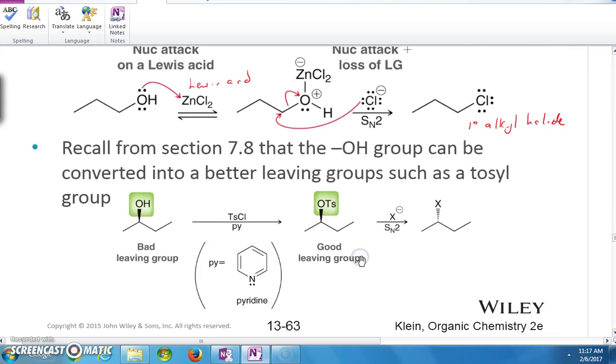Now, if you recall from section 7.8, that OH group can be converted into a better leaving group, such as the tosyl, and basically all you need to do is use tosyl chloride in the presence of pyridine, and you get the conversion of the OH to the good leaving group, the tosyl group. Then that can undergo an SN2 reaction